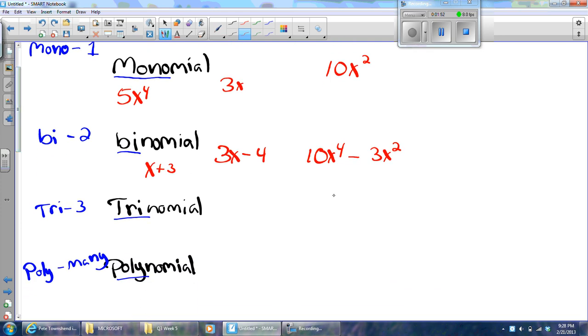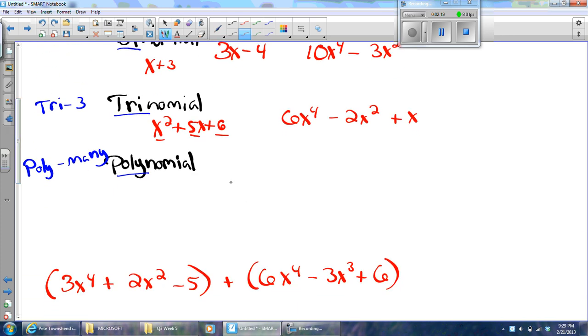Trinomial means three terms. You might have x squared plus 5x plus 6. There's a trinomial. One, two, three terms put together by either addition or subtraction. You might have 6x to the 4th minus 2x squared plus x. That is a trinomial. Now, if you have more than three terms put together, that's when you call it a